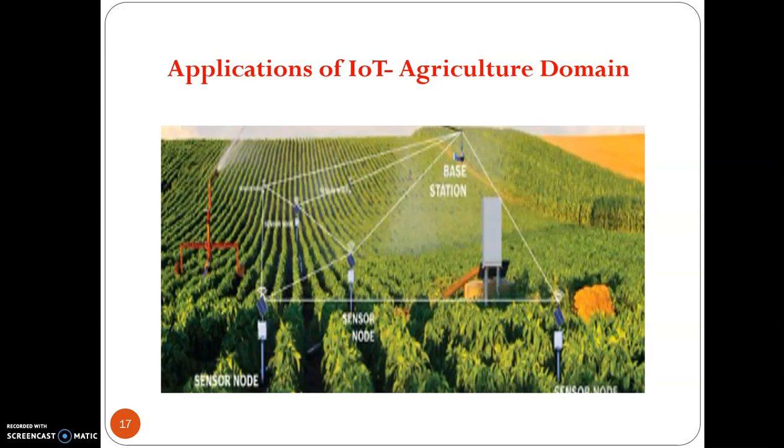The picture shows that different sensor nodes are installed in a big farm. They have their base station, and they are going to communicate with it. What are they going to communicate? Definitely the water level of the soil to the base station. Depending upon that water level, the system will automatically start the sprinkling. That's how the complete system will be humanless, and it is going to be monitored by the IoT device.